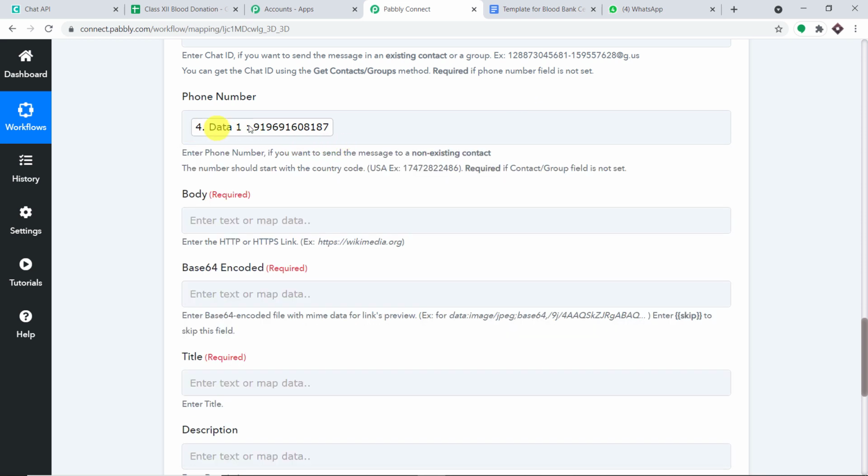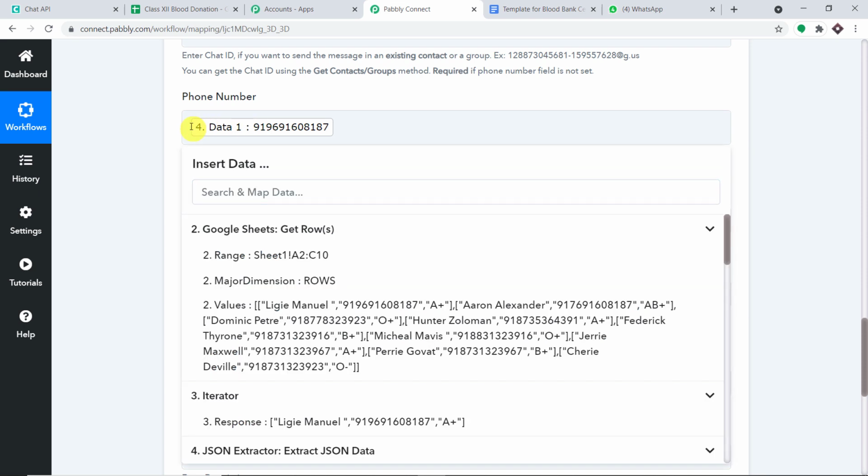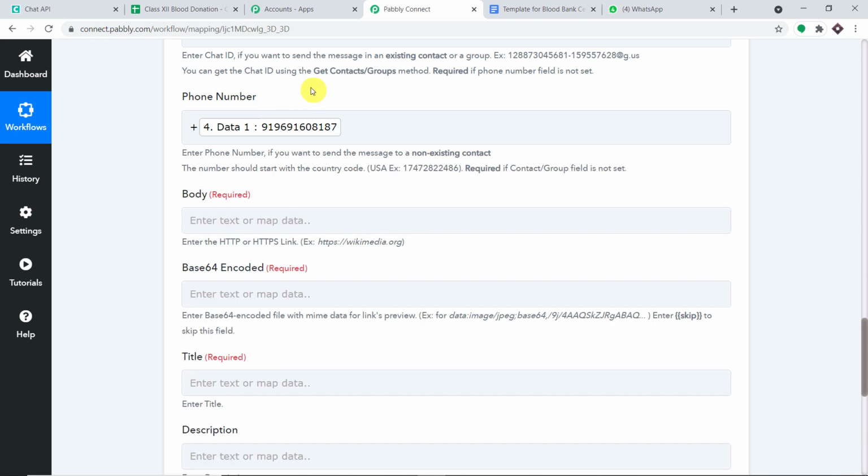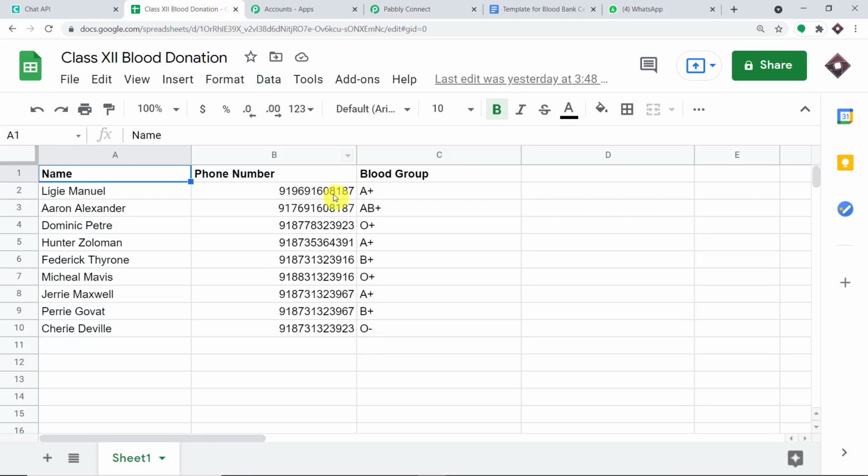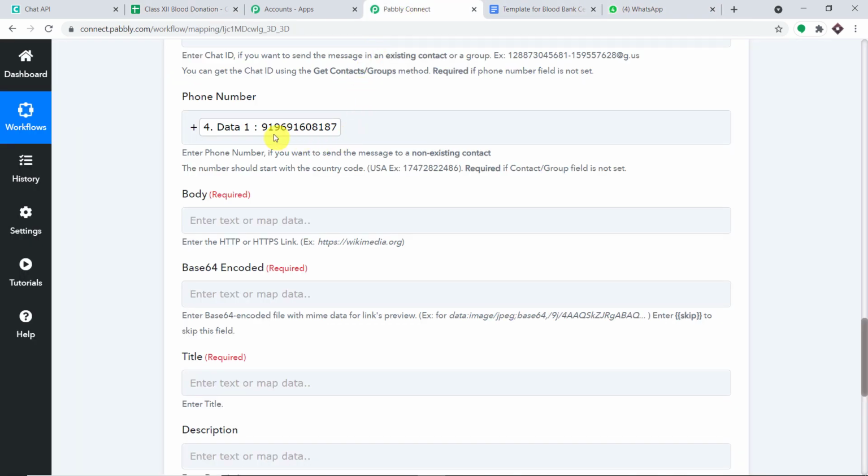Okay, so as you can see, we have entered the phone number, but there is something you should know. In front of this phone number, you have to include the plus sign. Why plus sign? Well, because you actually have to input the country code. Now, I'm from India and we follow plus 91 as our country code. So that is why I have included plus. 91 is already present in front of this phone number. Okay, so this is the data from my Google Sheet. Remember this. Now, if you are having a different set of phone numbers, you will have to adjust individually.